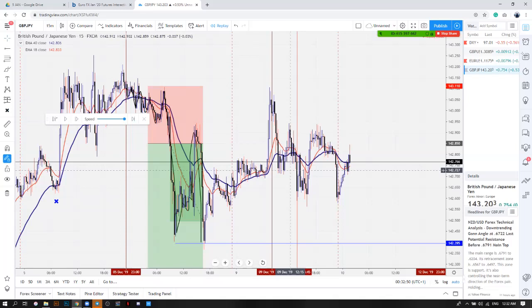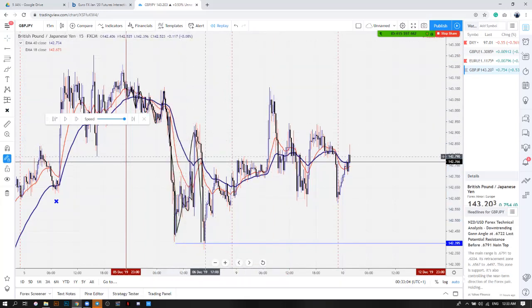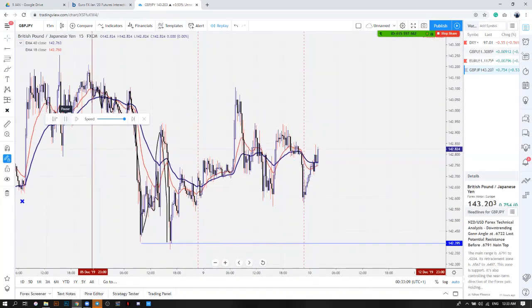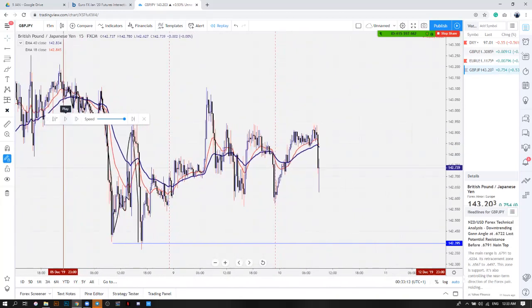Now Wednesday, remember, are we bullish or bearish for the week? We're bullish for the week. Okay, we're still bullish for the week. So on Monday we made lots of money. Tuesday we still made lots of money. So let's see what the market is going to do on Wednesday. Now this is 8.